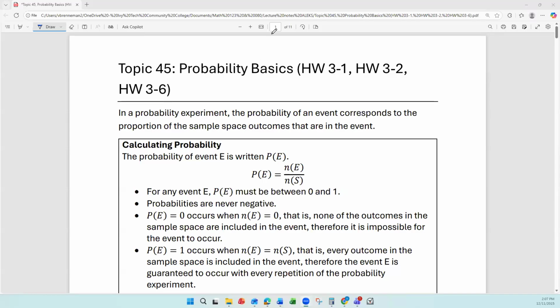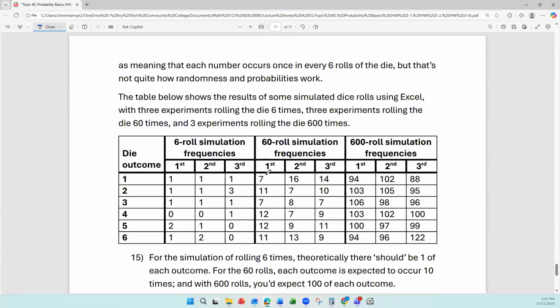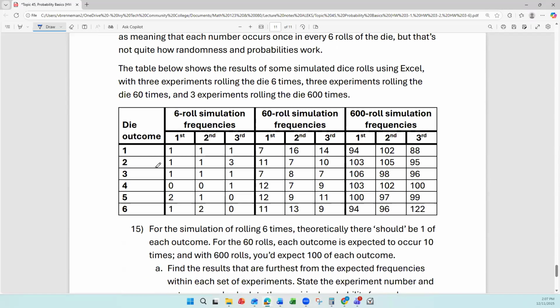This video is over topic 45, number 15, experimental probability. So this is looking at simulating dice rolls. So rather than assuming that each outcome is equally likely, looking at what happens if we actually roll the die